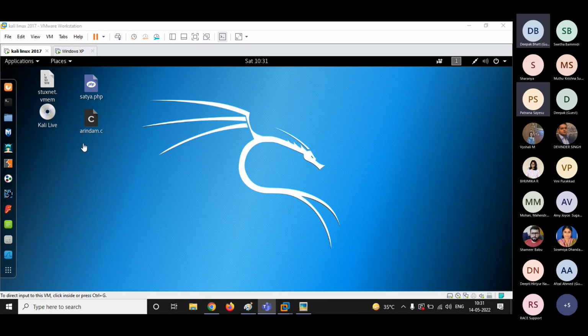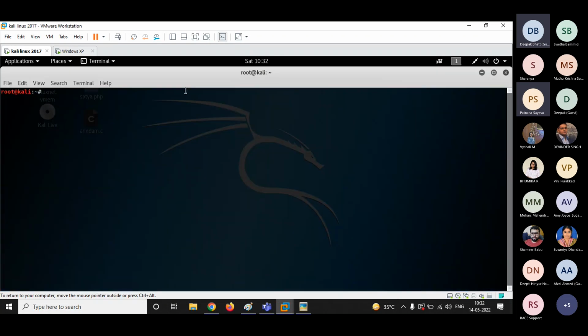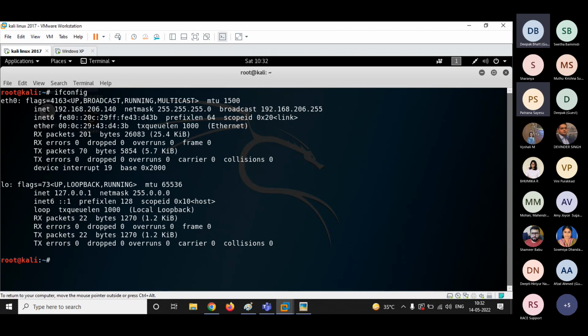Now, what you will be doing first, guys, as I told you, in case of Windows, we have to check the network configuration. We have the command ipconfig. But in case of a Linux machine, we type the command known as ifconfig. So as soon as I type ifconfig, see, it is showing me my IP address and my MAC address. These two important things, you have to note them down so that you will not have confusion later on. It's a good way to note down your own IP address and your own MAC address.